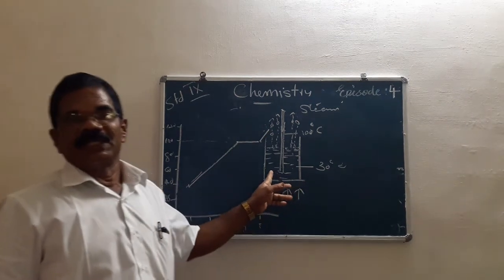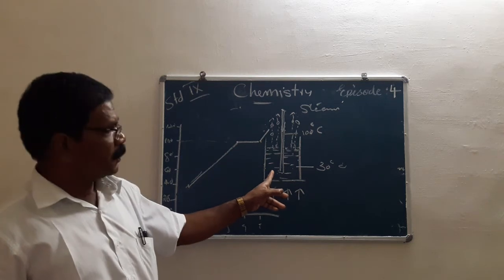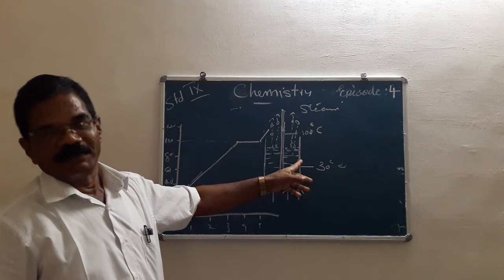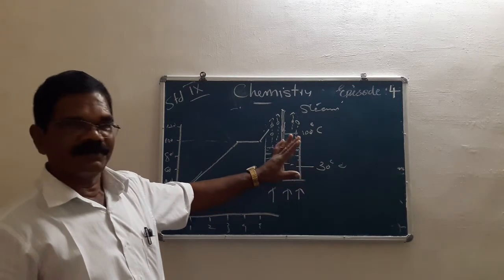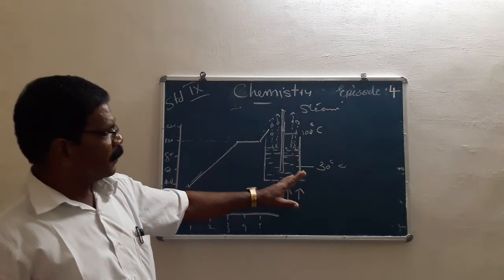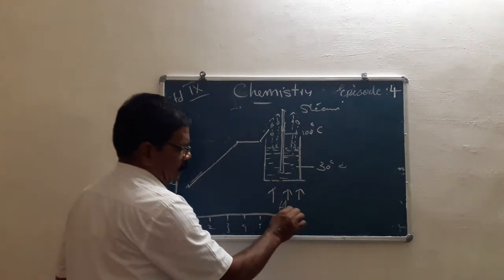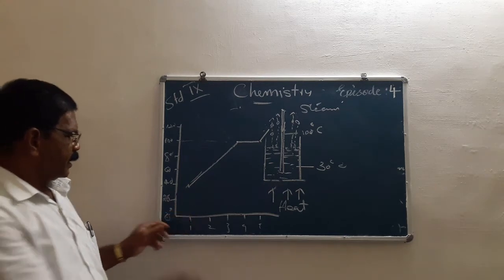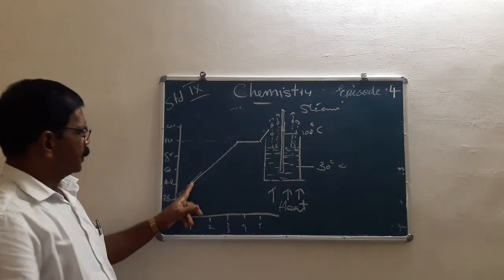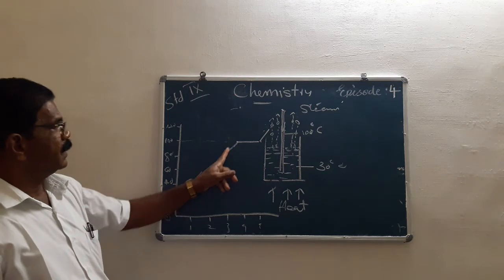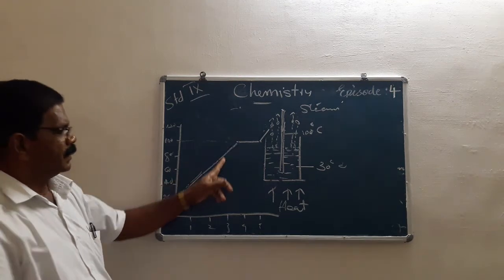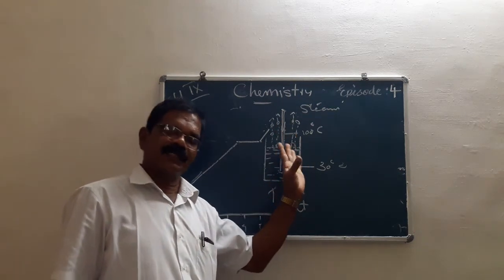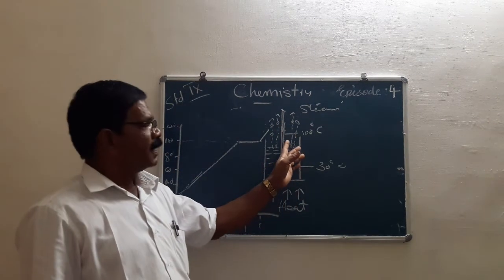As in the case of latent heat of fusion, here also please note that the normal temperature of water is room temperature. The 30 degrees is water form. What is the state? On heating, the temperature rises from 30 to 40, 60, 80 and 100. When it has become 100 degrees Celsius, it began to boil. Now the question is this: atmosphere.